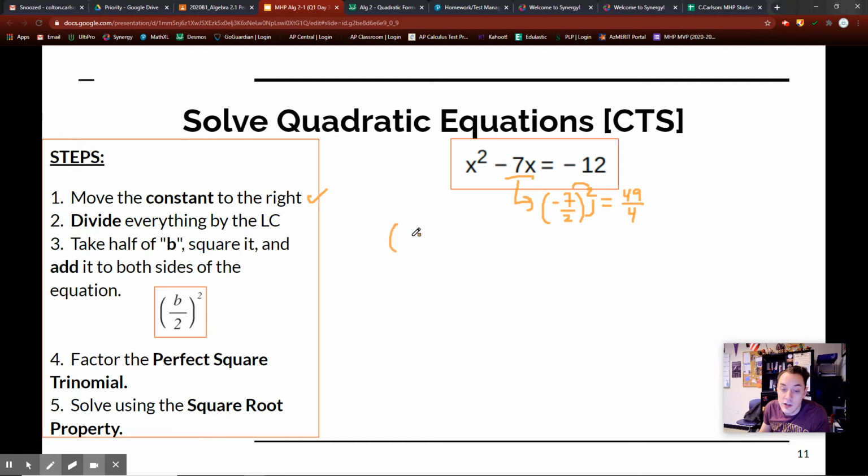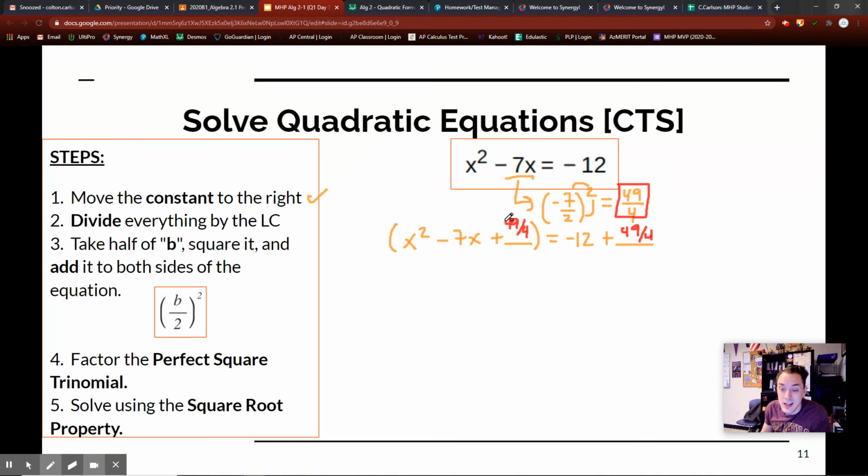So what does this mean? I use my basic template. Oh man, this just looks gross. I can't do it. So this is going to be minus, and then this is going to be plus blank equals negative 12 plus blank. What is that blank? What goes in that spot? 49 all over 4. So 49 all over 4, and it's kind of gross,